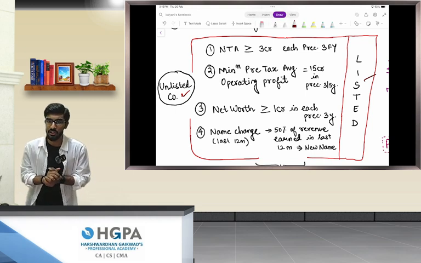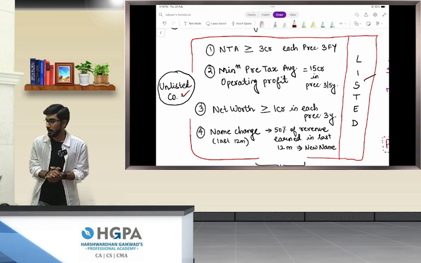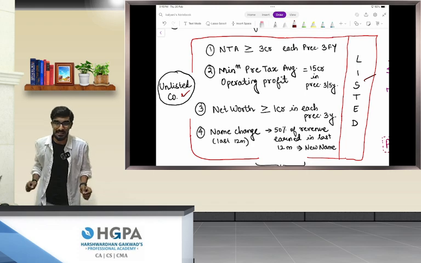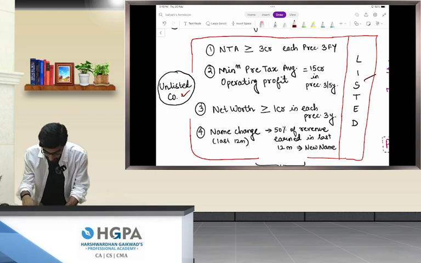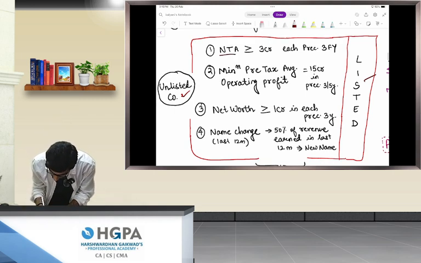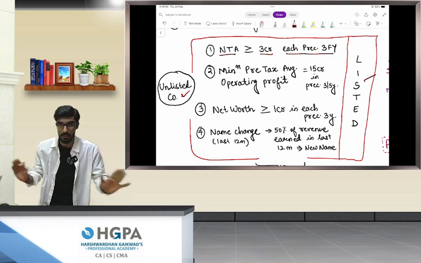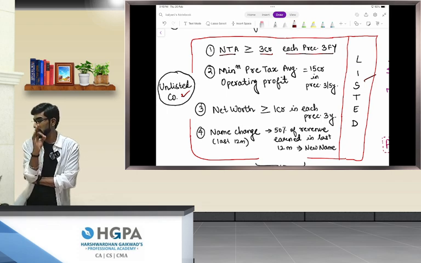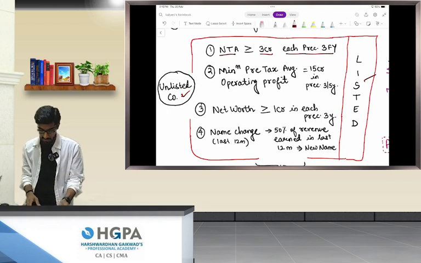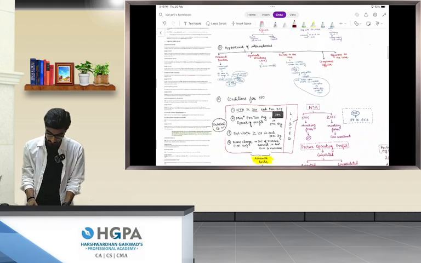Number one condition is net tangible assets should be more than or equal to 3 crore rupees. Net tangible assets should be more than 3 crore rupees in each of the preceding 3 financial years. Net tangible assets should be minimum 3 crores in each of the preceding 3 financial years. For example,